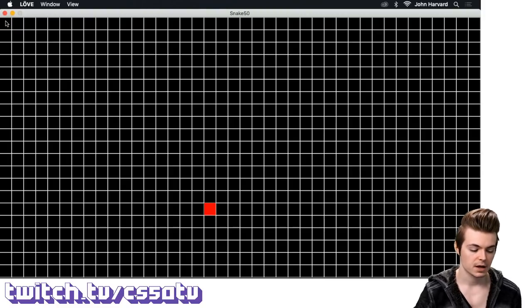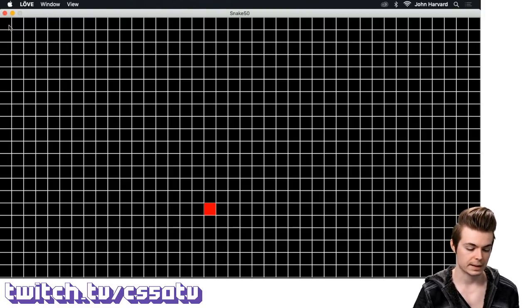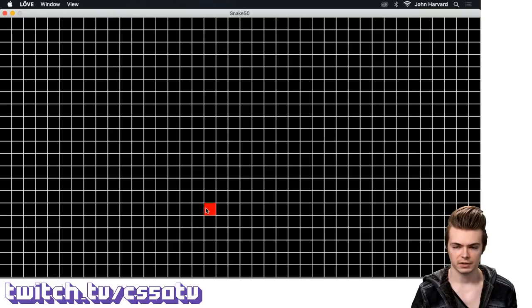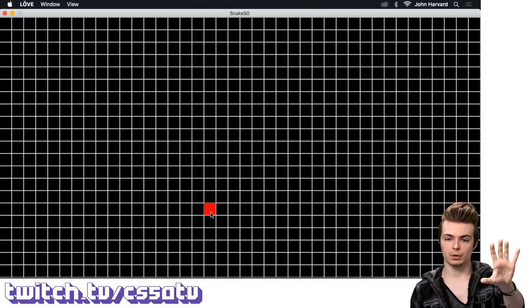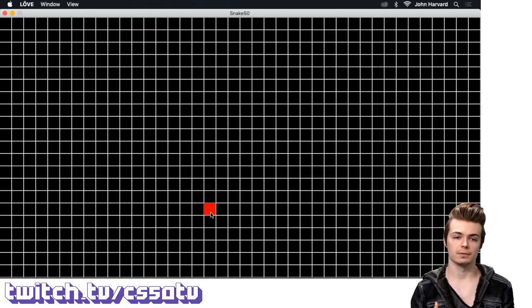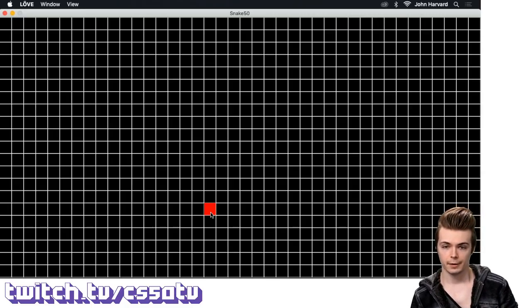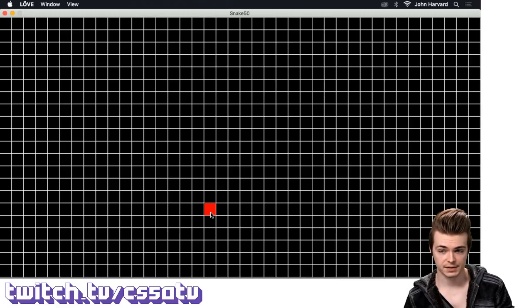Is this a 0? Then render a white empty rectangle. 0, 0, 0, 0, 0. And then eventually it gets down to here, and this is actually equal to a 3, I believe. Yeah, 3. And instead of drawing an empty white rectangle there, it draws a filled red rectangle. So that's effectively what we're doing. You can visualize this grid as being a grid of numbers that we've just converted to different types of squares. And that's the overall basis behind